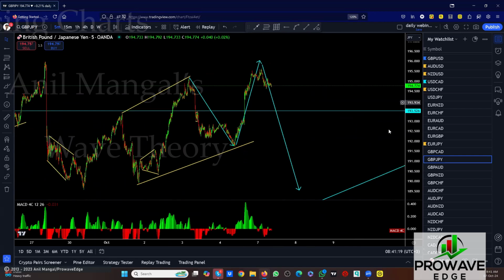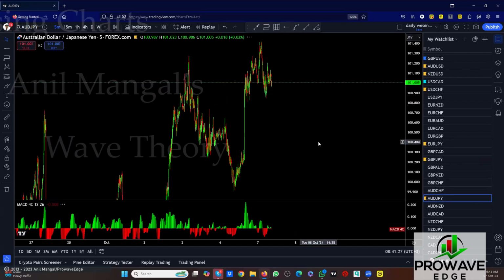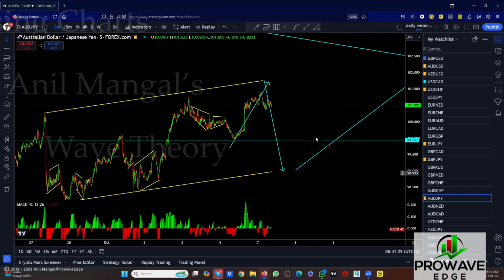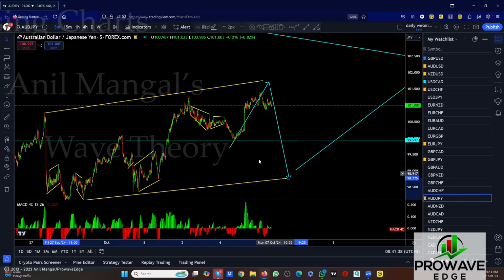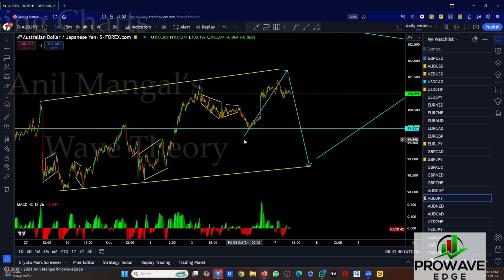Look for a sell setup here too. Go into 5, find the sell setups. Go with them. Let's see Aussie yen. Sorry, I put the sell before. I should wait. Yeah, but same thing. This one broke the top. It didn't go as high as we expected. That's okay. There's no rule as to how high. But with this one, we'll expect this to happen. We're looking for this move now.